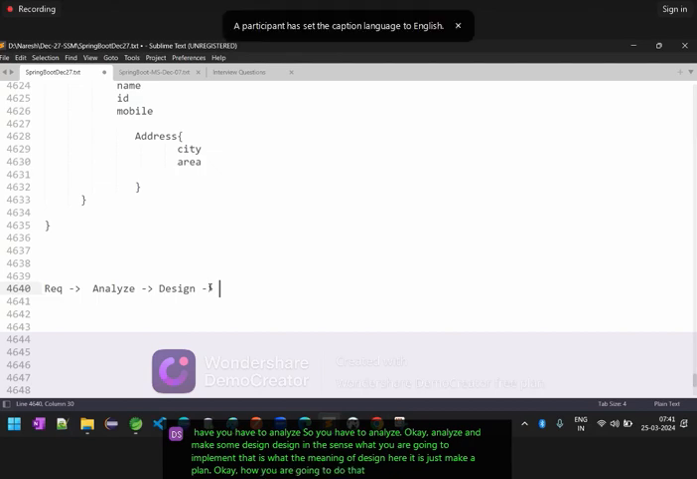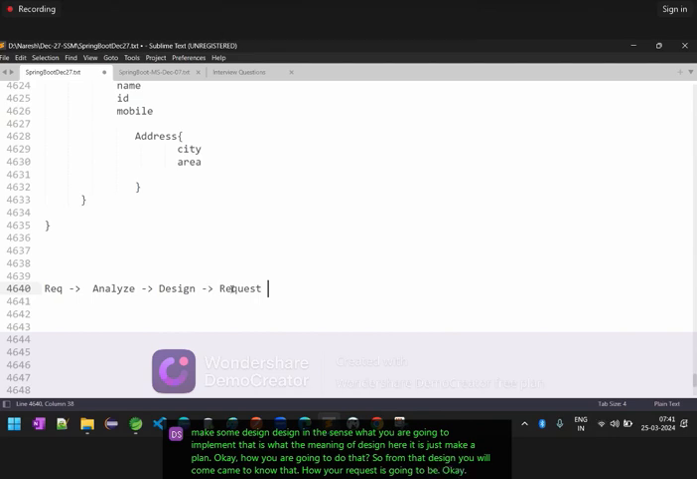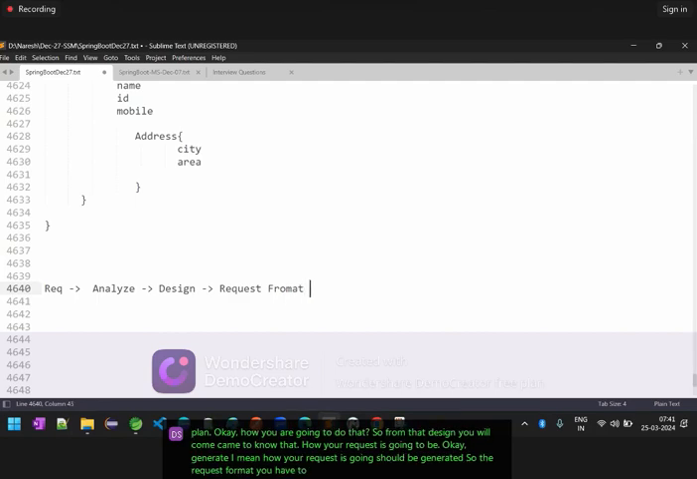So from the design you will come to know how your request should be generated. So the request format you have to make based on that requirement analysis and everything. From that you will create the JSON. Okay, from that you can create a JSON payload. And then from the JSON payload people will write down the POJO classes, nothing but request body classes,